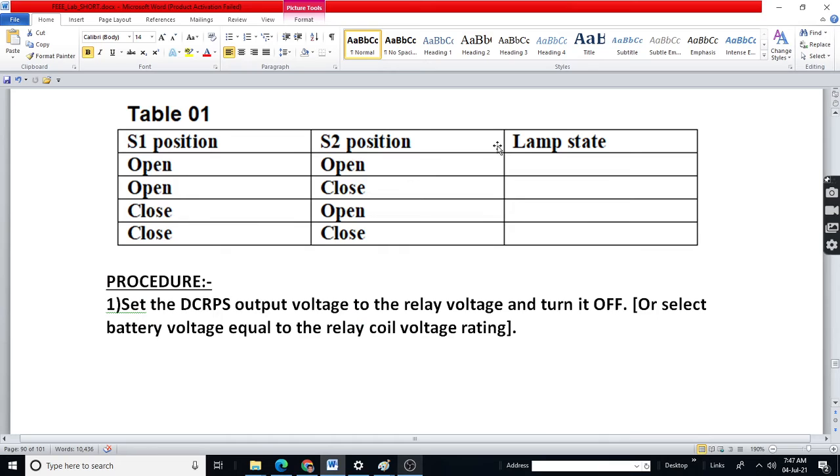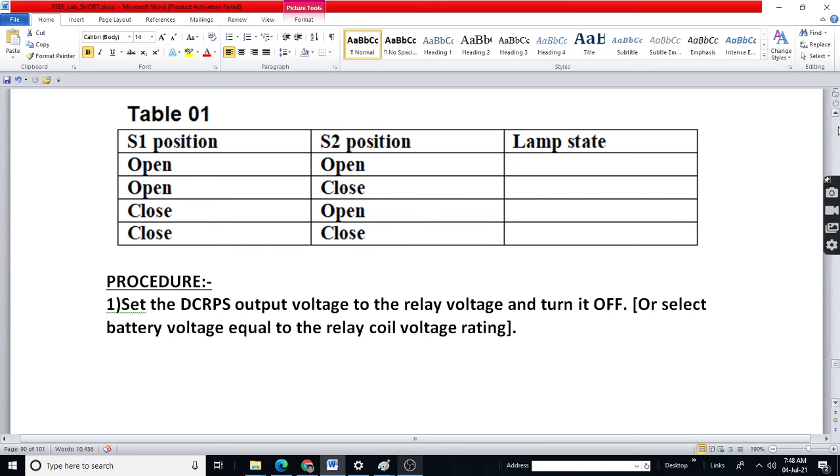So you have here a table. When S1 is open, then only S2 is relevant. When S1 is closed, then only you have S2 operative.